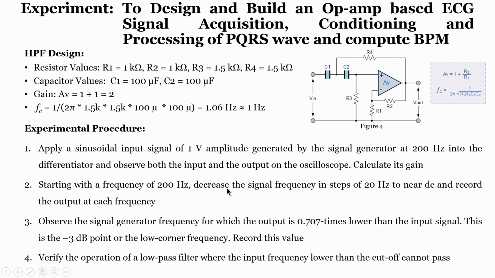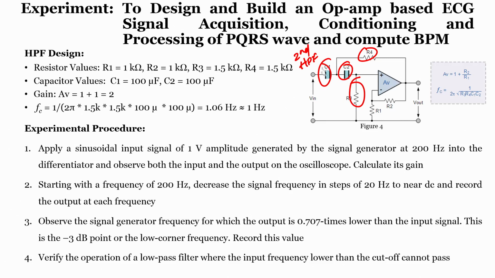Now, previously we have seen the first order low pass filter. Now, this is our second order high pass filter, right. Why is this called second order? When we see, we have two combinations of R and C pairs, right. If I have one combination of C and R, it is called a first order high pass filter. If I have two combinations, this is called a second order high pass filter.